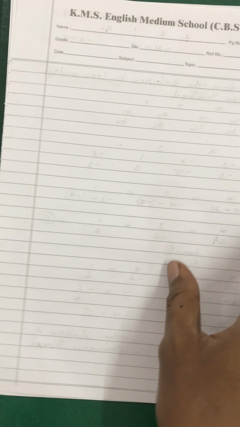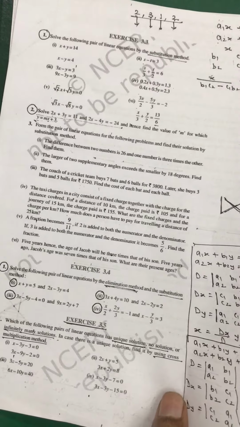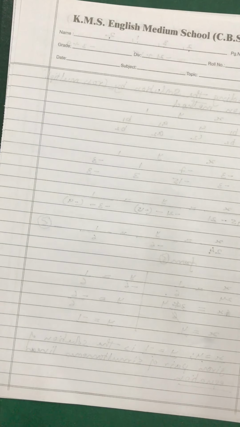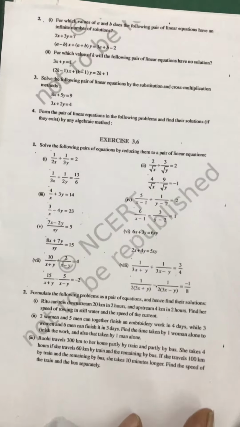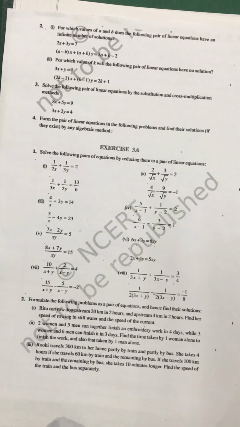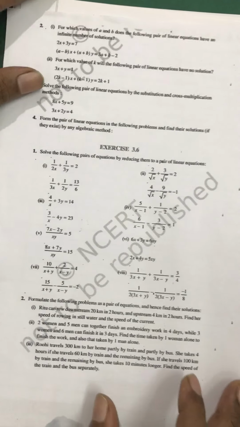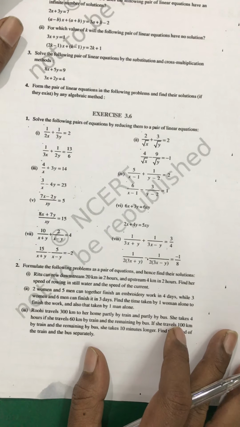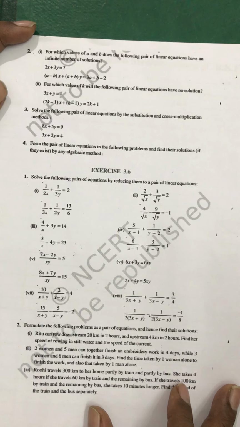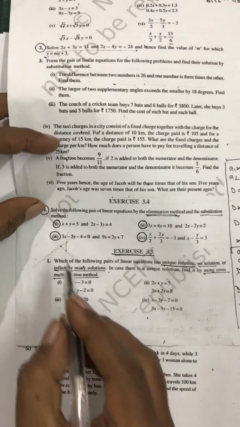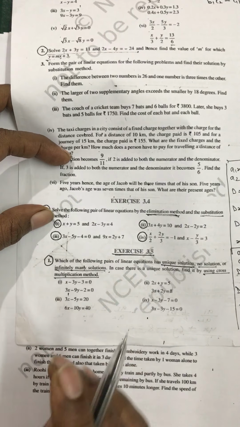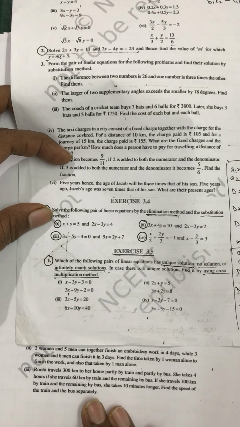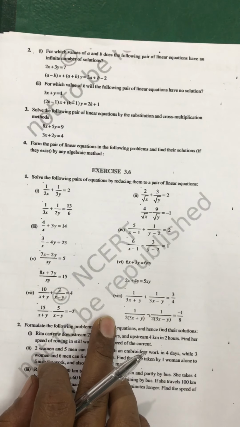Okay, so moving forward, the next questions are slightly different. We have finished with this paper. Okay, second question, for which values of a and b. I have gone to the second question, my dear students. I hope you are understanding. We have finished question number 1 complete, and now we are going to question number 2.